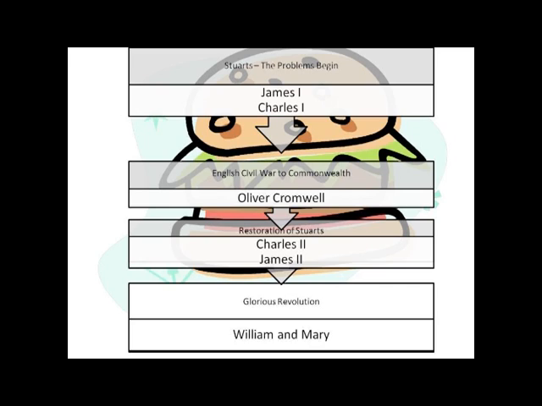Another way to look at this is kind of like a mirror. So Cromwell is the mirror reflecting to the bottom half of the Stuarts from the top half. So in other words, it goes from James to Charles and then reflected back as Charles then James. Whichever one helps you.